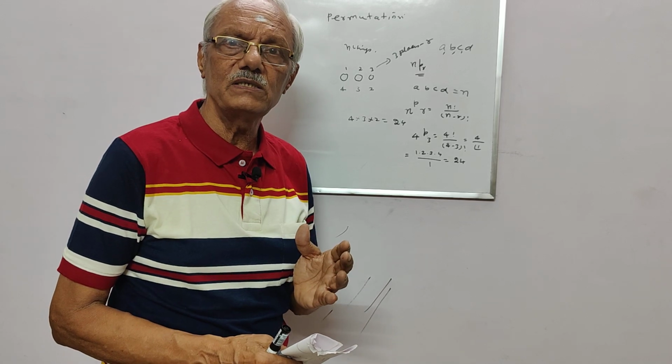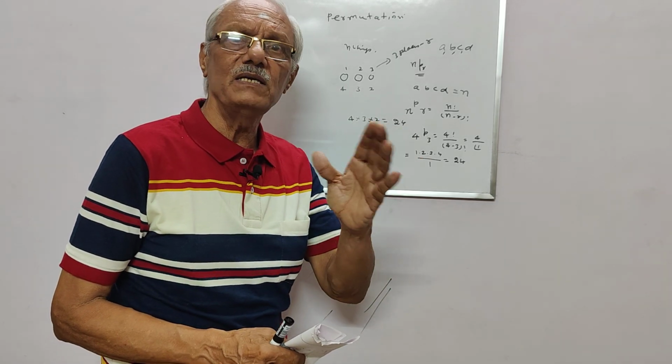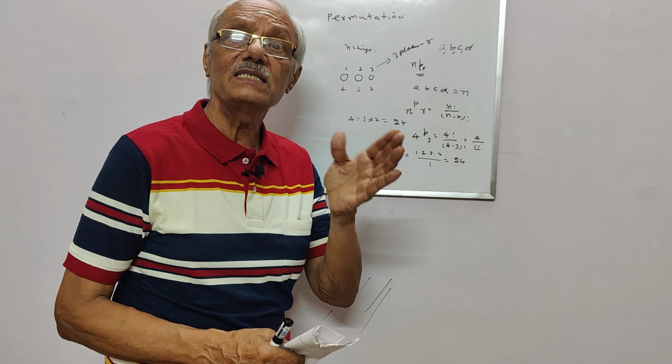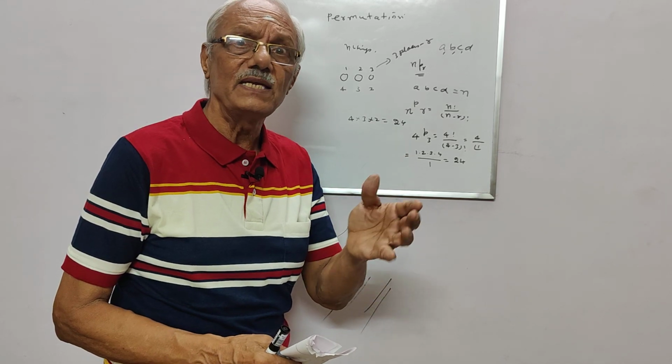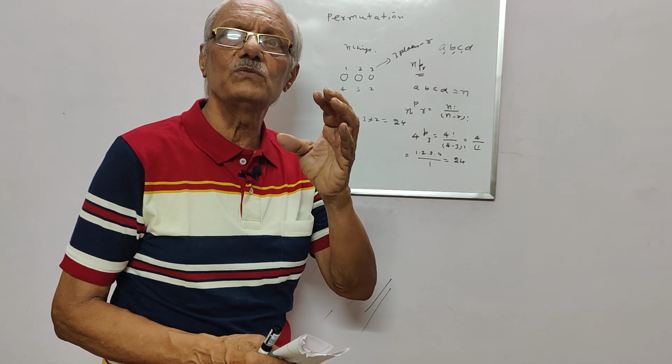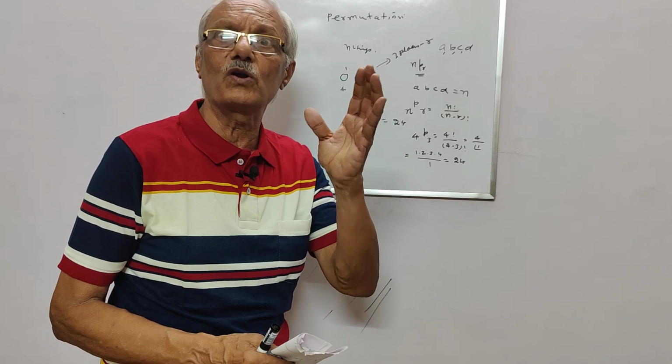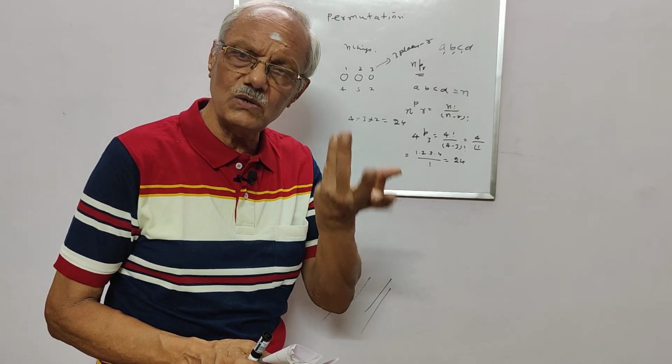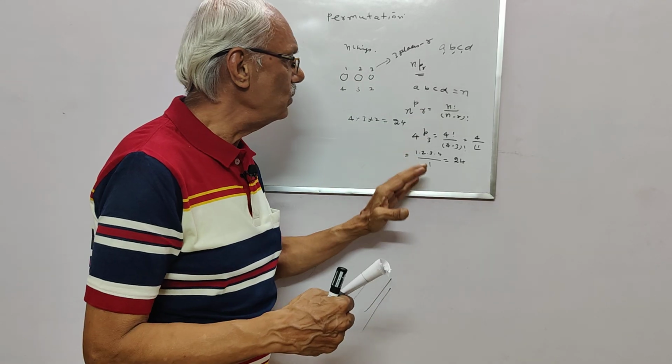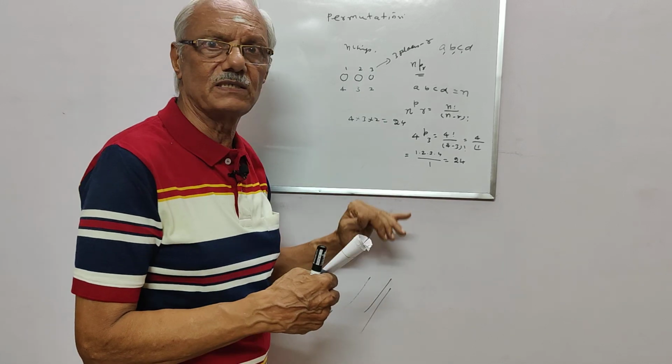How will you take A, B, C? You will take A, B, C, fine. A, C, B, fine. B, A, C, fine. In whatever way you pick this A, B, C in random order, you see that you are going to take only A, B, C. Now you see that coming to this arrangement,